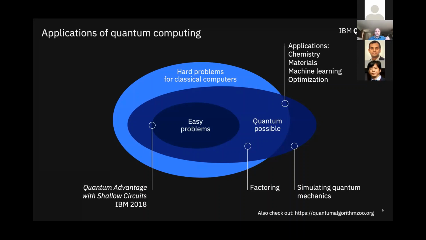Some of these occur in areas like number theory, like factoring I mentioned before. Some of them fundamentally have to do with simulating quantum mechanics using quantum systems, like applications in chemistry and material science and quantum mechanics. There are also problems in machine learning and optimization. And so if your problem is in one of these areas, there is a good chance that there's a quantum algorithm that's going to help you.